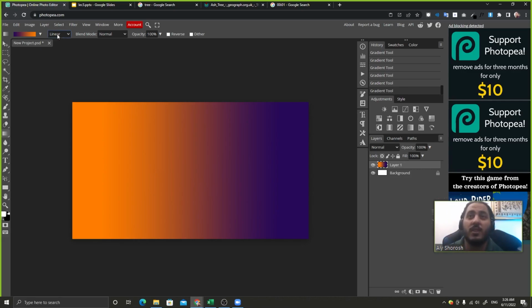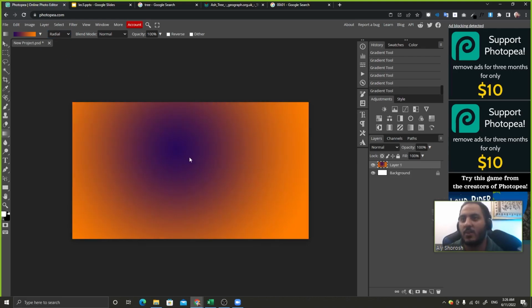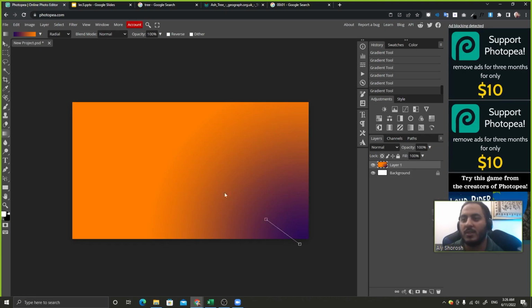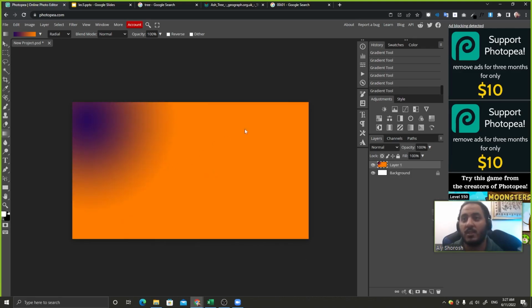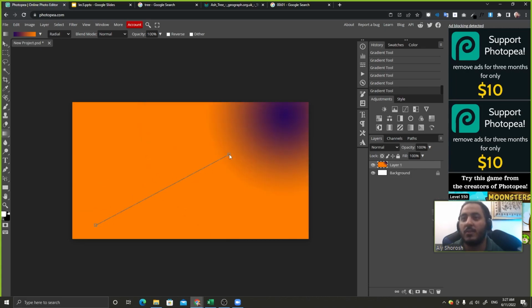What if I use the radial and make it like this? Okay, the violet is in the center. How do I make it different? We can change our direction. I can't. Okay, it will always be a circle, and the midpoint of the circle will always be